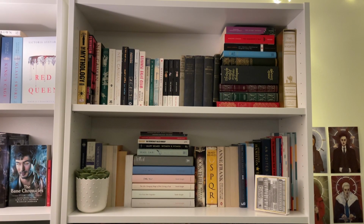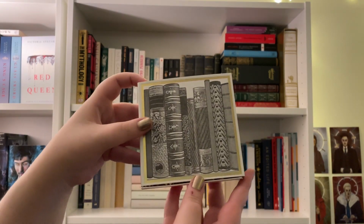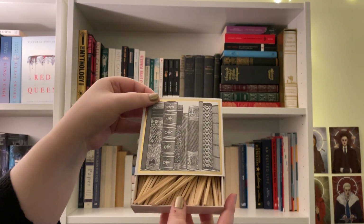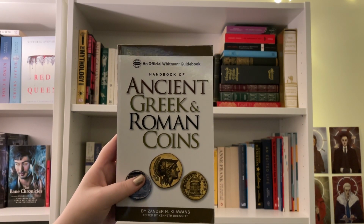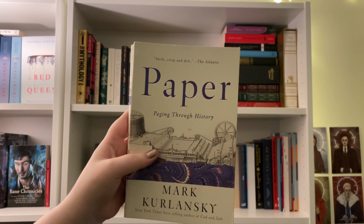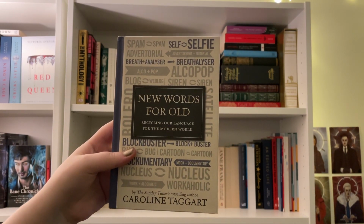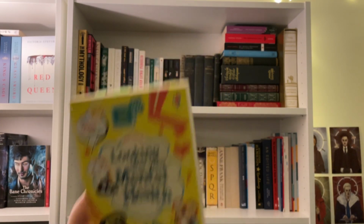Moving down, we have another non-fiction shelf, which features yet another fake plant, and this bookish box of matches that my grandparents bought me. I then have Handbook of Ancient Greek and Roman Coins by Xander H. Klawans, Paper by Mark Kalansky, New Words for Old by Caroline Taggart, Looking After Your Mental Health by Usborne,